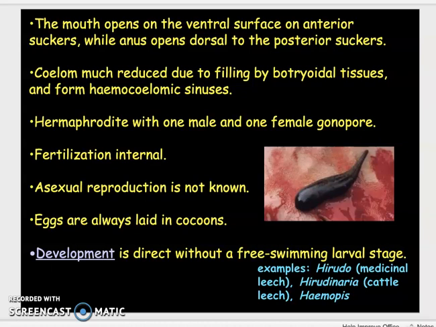They are hermaphrodite with one male and one female gonopore. Fertilization is internal, asexual reproduction is not known, and the eggs are always laid in cocoons. The development is indirect without a free swimming larval stage. That's a speciality of this class. Examples of this class include Hirudo, the medicinal leech, then Hirudinaria, the turtle leech, and Hemopus, another